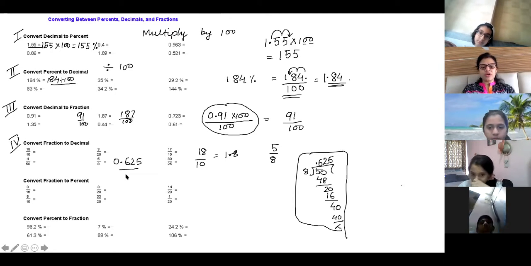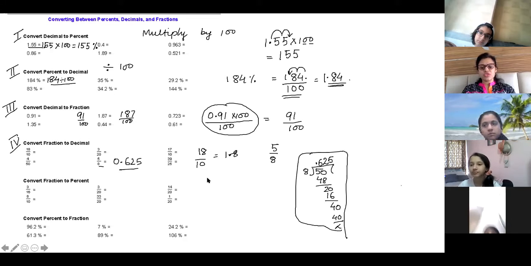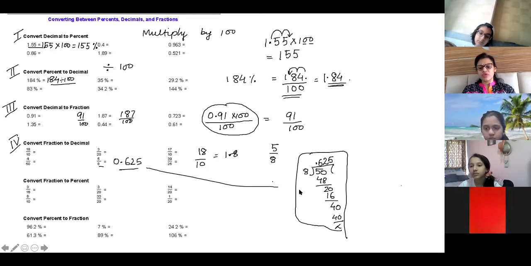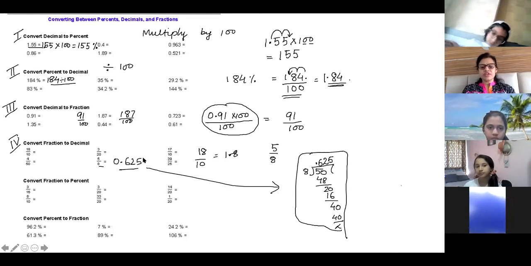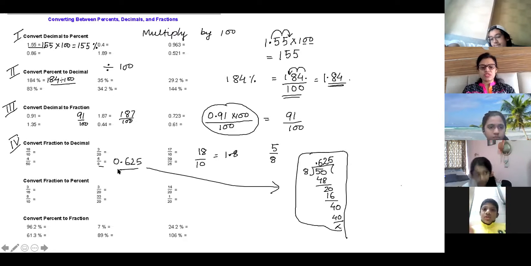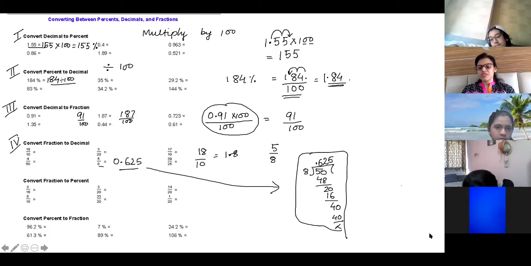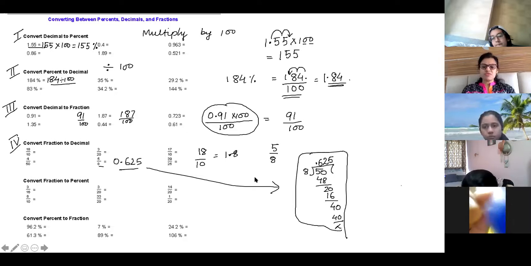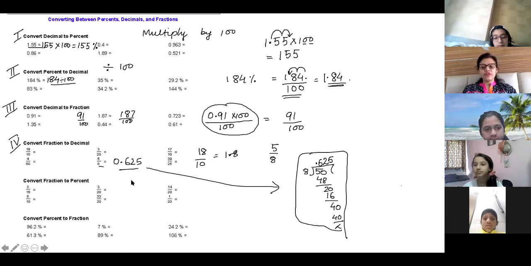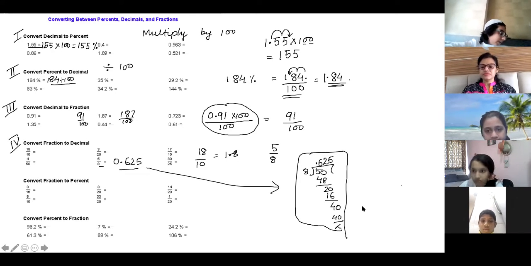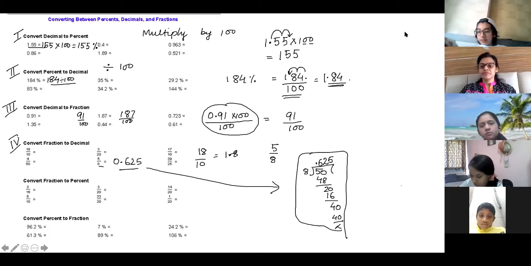So what I want, how you have to do when you're doing this, show this also here in front only, so that it is clear that you're not writing by using the calculator. You're doing it over here. Is it clear, everyone? Show the steps means the working you have to show in front. Don't write the answer directly. Now convert fraction into percent. Yes, ma'am, I am doing the working on the side, like I'm writing the question and I'm doing the working on the side of the page.